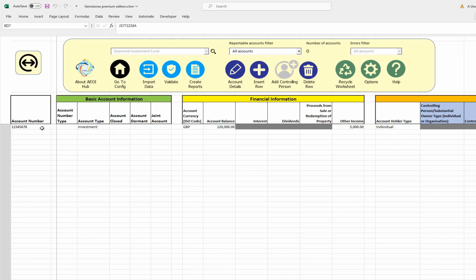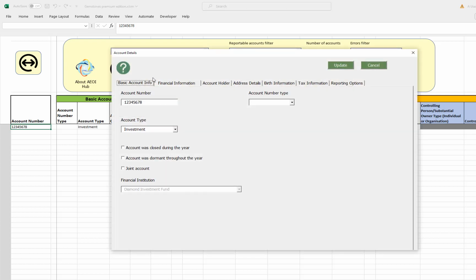The second method you can use to enter data is using the account details screen to edit and enter details of an individual account one at a time. To do that, you click anywhere on a cell, click on the account details button, and that will open up the account details screen.